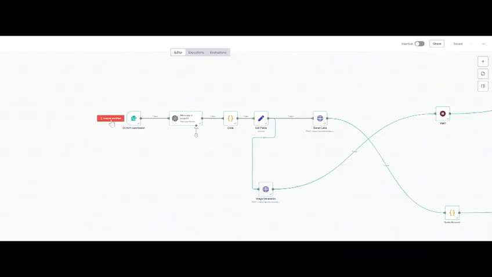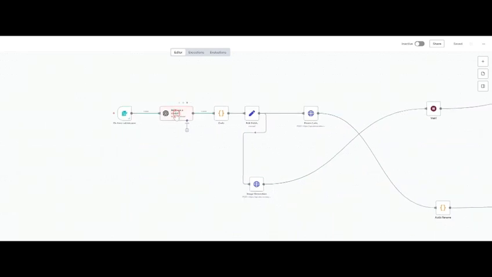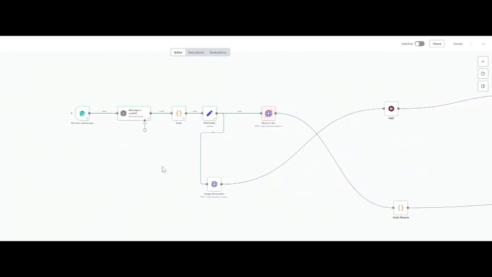Now we run the demo, and I click on execute workflow. Once you click on it, it will ask for the topic. Let's say I say agentic AI, what is agentic AI, explain to me in 10 seconds. Then it goes and passes into the OpenAI model, and OpenAI passes into the code. We get the raw data, and using code we extract it, and then we set it into the fields